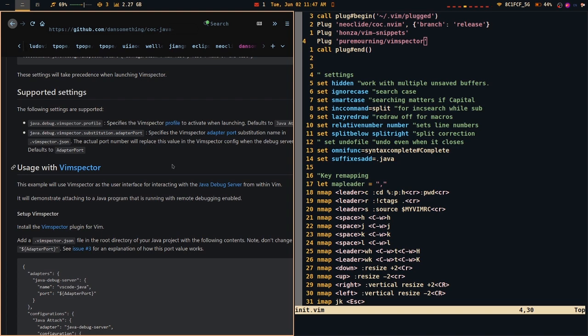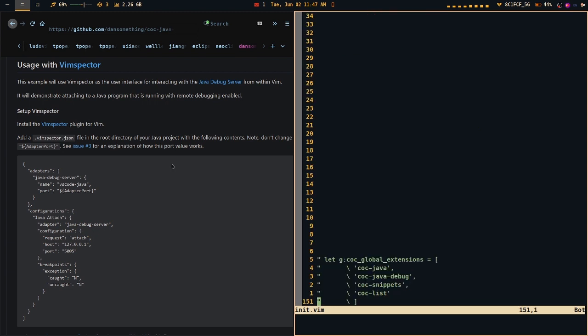It's pretty much like the Java debugger, but way better because you don't really have to do a lot. And I just want to mention this: in case you have a lot of extensions you want to download and you want to let other people download them, you can do this format at the end,